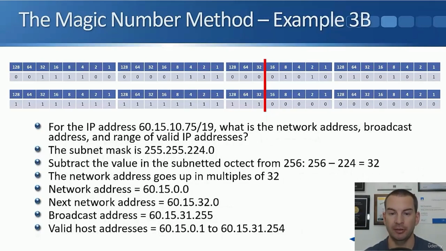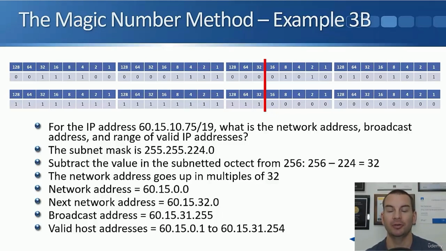We can use the magic number method for that example again. It was a /19, so /19, that's 3 bits on the 3rd octet. So that is 128, 192, and then 224. We subtract 224 from 256, which gives us 32, so that we know that the address block is going up in values of 32. Again, it's on the 3rd octet rather than the 4th octet here. So we can figure out the same as we did in the previous slide from that it must be a network address of